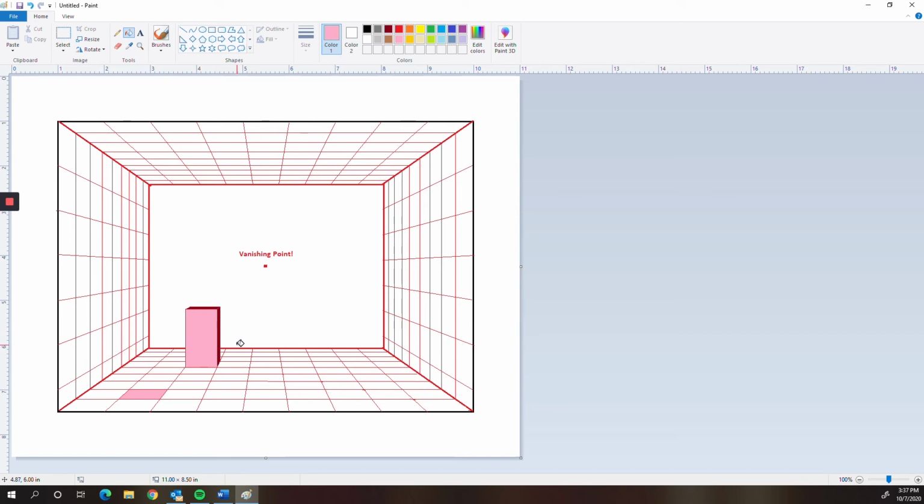Okay, so that's the concept of relative size. Things in the front are larger, things that get closer to the vanishing point are smaller. Okay, and then another thing that goes hand in hand with relative size is overlapping. So obviously if I had a rectangle shape that was in front of this one, right, I would know that it's closer to me because it's larger. This one's obviously further away because it has something that's overlapping or obscuring it from the front. Okay, so let's draw another shape